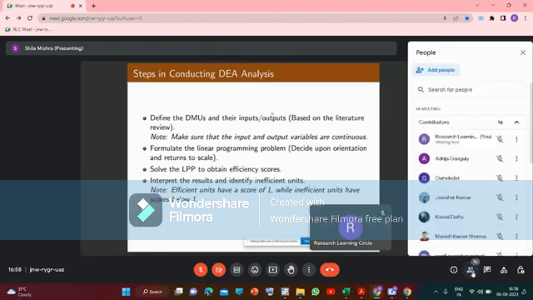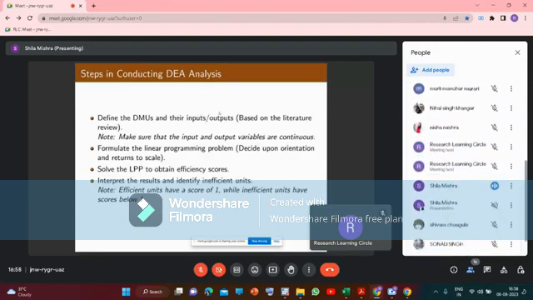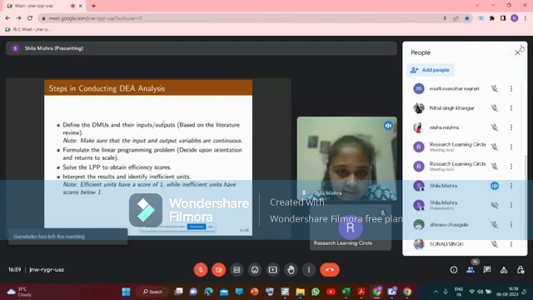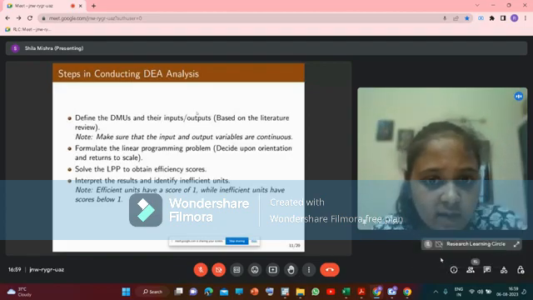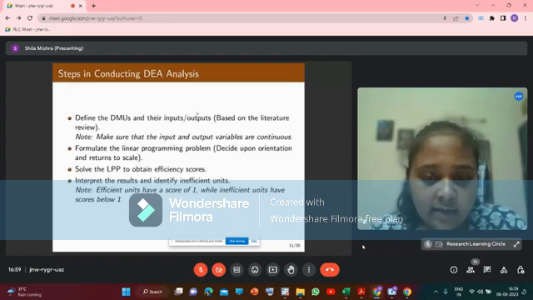Now, moving on to the steps in conducting data envelopment analysis. So these were the technicalities of data envelopment analysis. Now, how do we perform data envelopment analysis? The first thing is that you need to define what a decision-making unit is. So, if you are interested in, let's say, estimating the efficiency of railway zones in India, there are various zones of railways in India, right? So, all these zones would be considered as decision-making units, right? And all these decision-making units would be consuming some amount of inputs to produce some amount of outputs. Now, these inputs could be in the form of labor, the expenditure that these railways incur, and the output could be passenger freight, or even cargo freight revenue. So this is the first thing that one needs to do